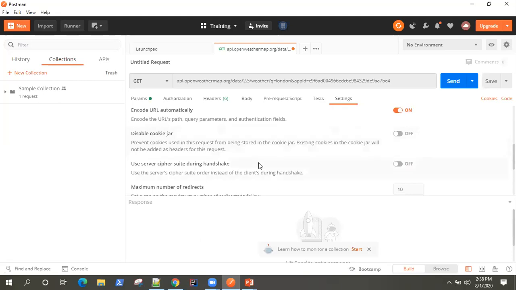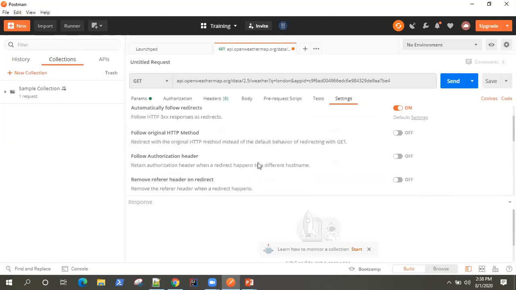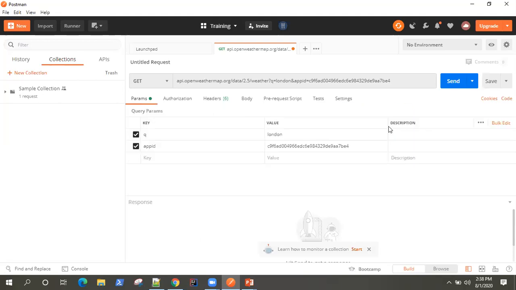You can disable the cookie jar and lots of other options, but right now those are mostly not required. So these are the different properties, you can say, of a GET request. Apart from the endpoint URL, you can have parameters, authorization, headers, and a body for your request type.